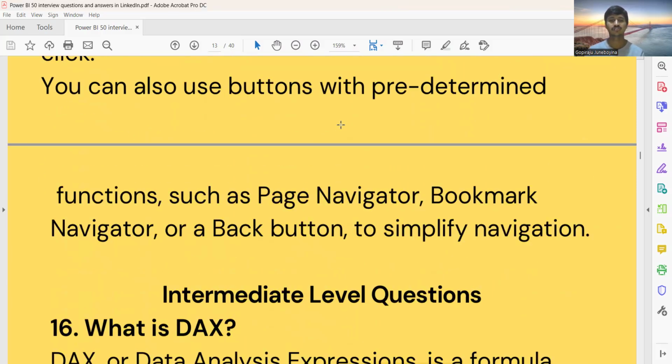You can also use buttons with predefined functions such as page navigator, bookmark navigator, or a blank button to simplify navigation.